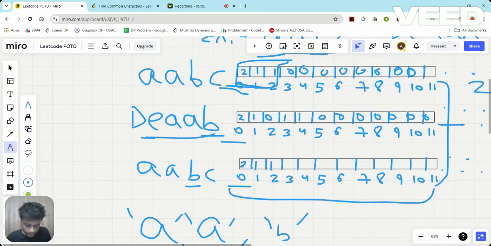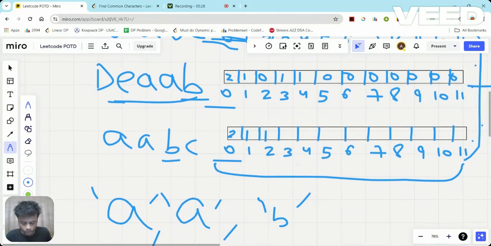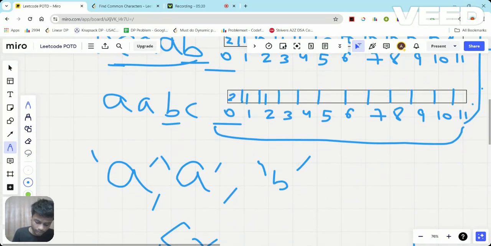Now C comes in the first string, but C does not come in the second, and it comes in the third. So I'll not pick C, because the minimum frequency of C is zero. The minimum of all the three would be zero, so I'll not pick it in my answer. I cannot see any other character that appears in all of them. So in that case, what would be my answer?